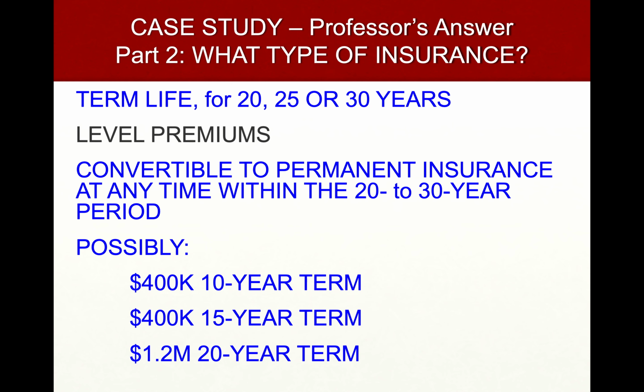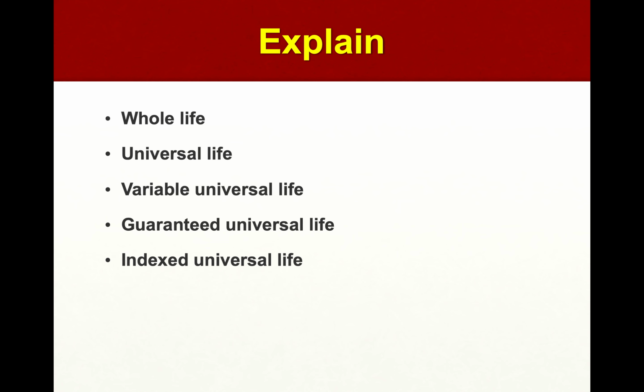All right. One of the interesting things is that you can actually go out and ladder the insurance, because they won't need as much insurance as time goes on, because they would have accumulated money in their investment accounts. So you could possibly buy 400,000 a 10-year term, 400,000 a 15-year term, 1.2 million a 20-year term. Total death benefit initially of $2 million there. That's one way of doing it. There are actually life insurance policies where you get one policy that can be structured this way, so you don't have to necessarily go out and get separate policies.